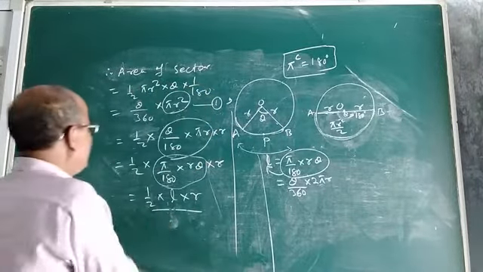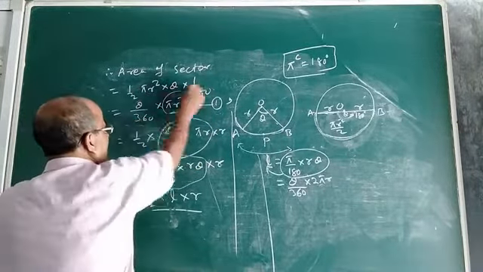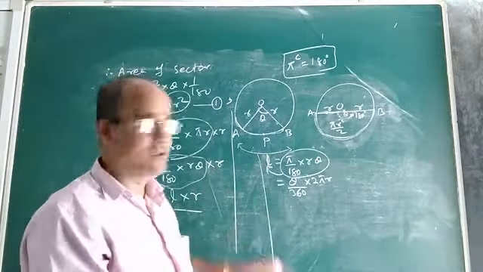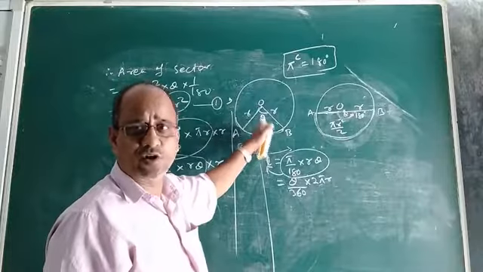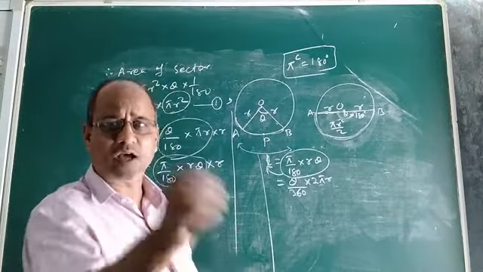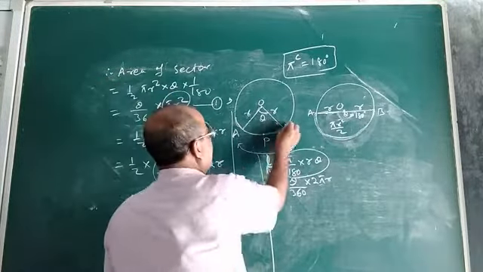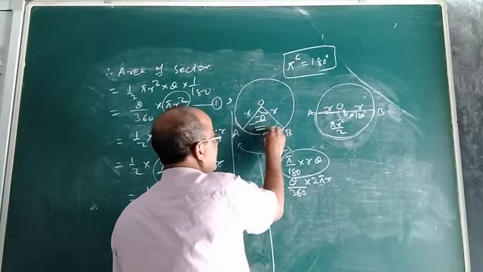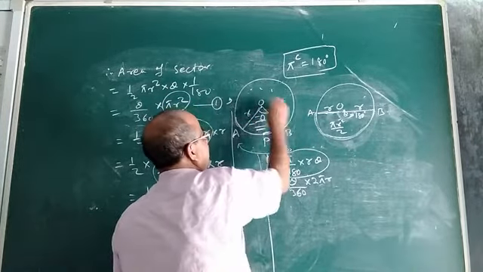This is the minor sector and this is the major sector. Now this formula we apply. This formula is formula to find what? Theta by 360 into pi r square. This formula here we used to find the area of minor sector. Now you can ask me, sir, what will be the area of this major sector? If this is the minor sector, then this portion is the major sector.